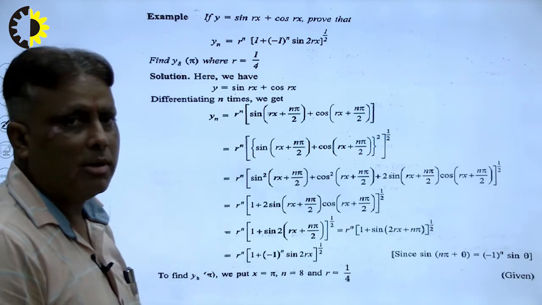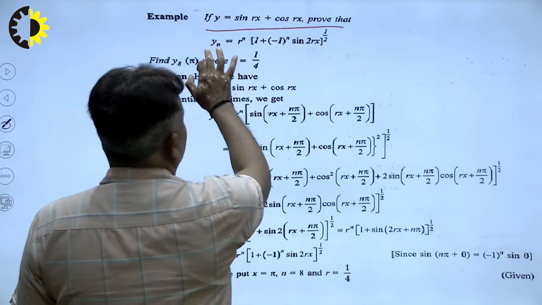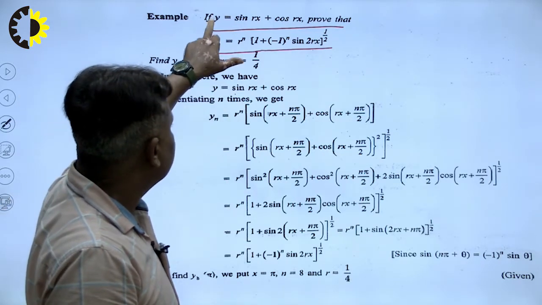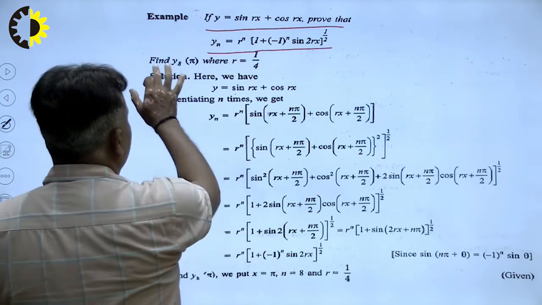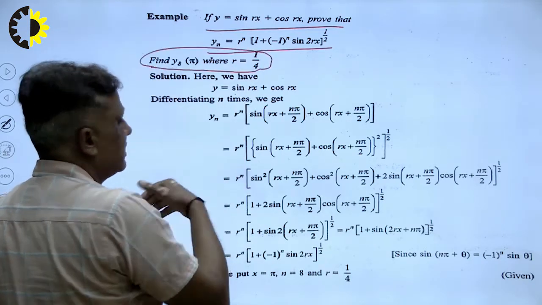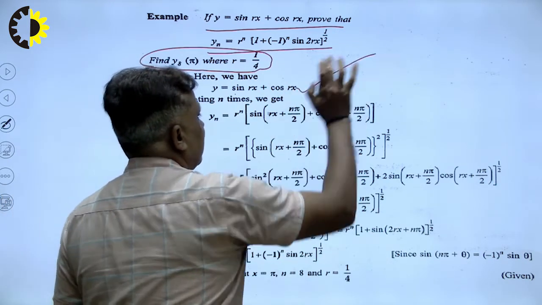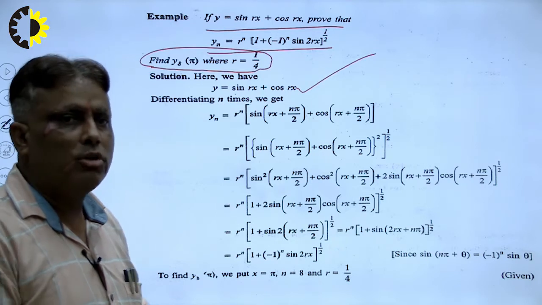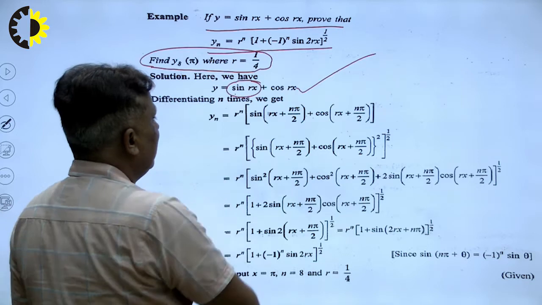Suppose I have a problem, right? If y is equal to this, prove that this. So what will be the meaning of this proof? That means I want to calculate yn, the nth derivative of y, and after this I evaluate some problem, which I will discuss later on. So first of all, the given term is y. Now our aim is to differentiate it n times. So how to differentiate directly? Suppose I want to differentiate this directly, so what will be the formula?